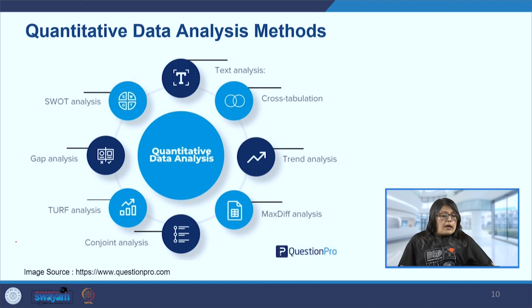Then we have gap analysis. This is a side by side matrix to depict data that helps measure the differences between expected performance and actual performance. It tells us what the expected performance is. So we want to reach X, but the actual performance may still be at T. So there is still a certain gap to cover from T to X. How do we fill that gap? That is an important method.